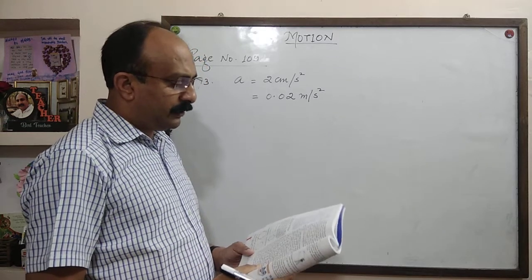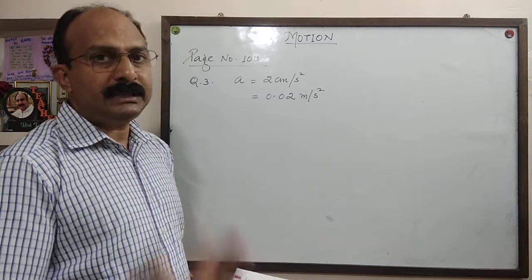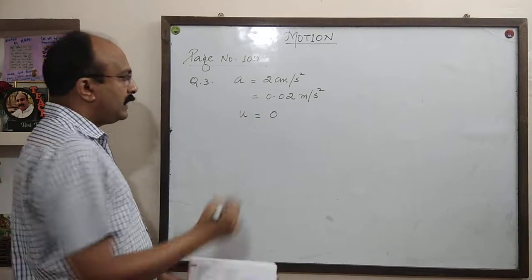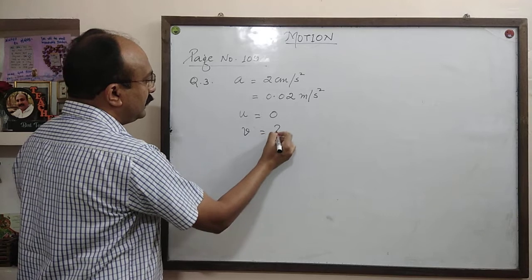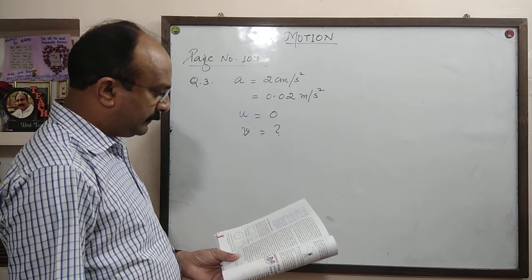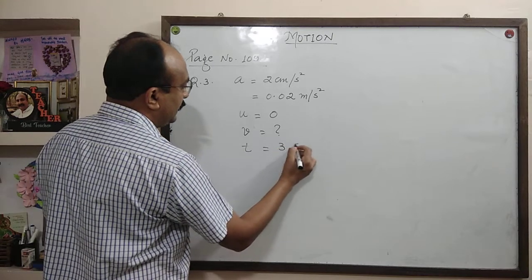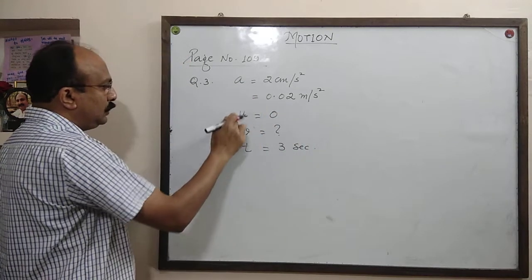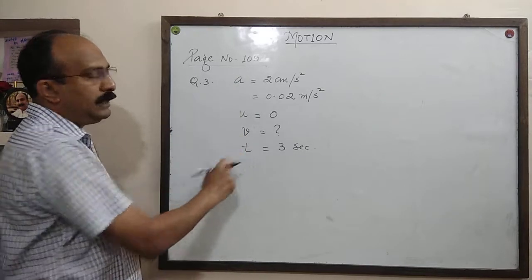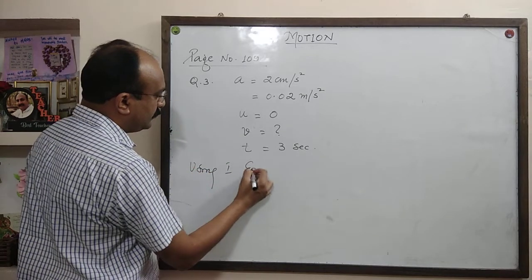What will be its velocity 3 seconds after the start? After the start means the body is starting from rest. Again u is equal to 0. What will be its velocity means v is equal to question mark. After 3 seconds. So t is equal to 3 seconds. A, U, V, T. Which equation relates A, U, V, T? First equation. So using first equation of motion,